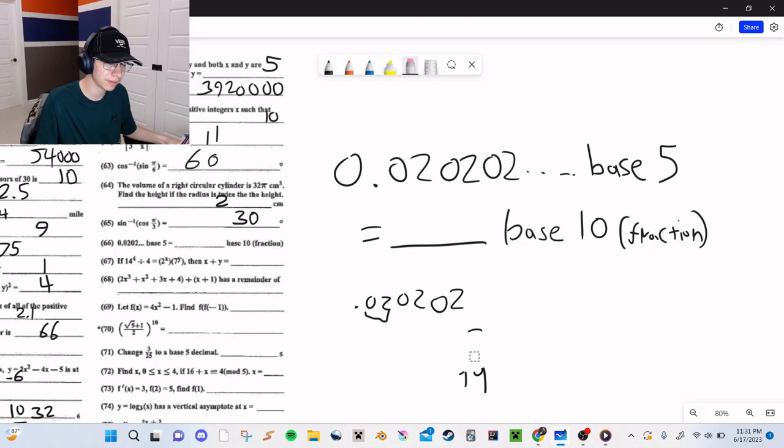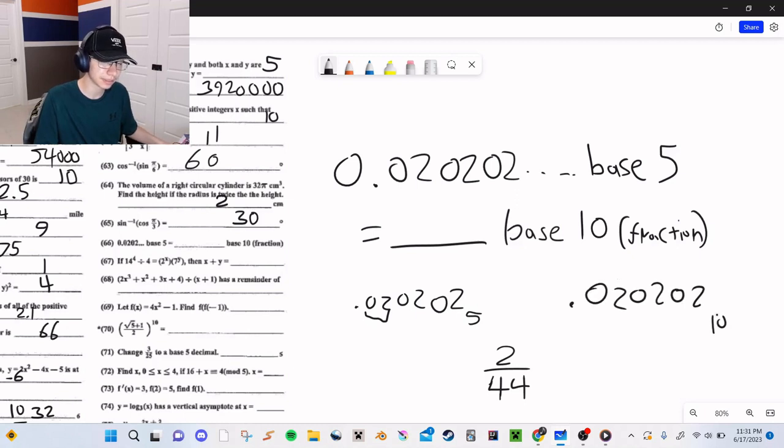So because we're dealing with base 5 in this case, instead of putting these two repeating numbers, so 2 in this case, over 99, we're going to put it over 44. And so why do we do it over 44? I mean, there's probably a long explanation, but the way I like thinking about it is if I had the same case in base 10,